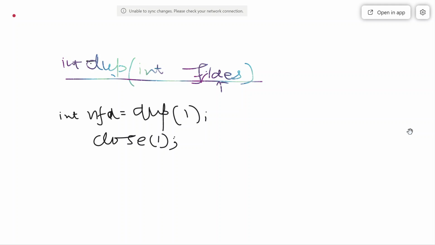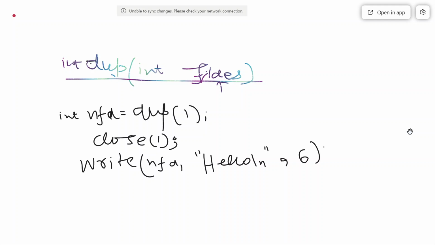Thereafter I perform a write operation, and I write nfd, and then I write hello\n, and then 1 2 3 4 5 6. So I am writing to nfd.